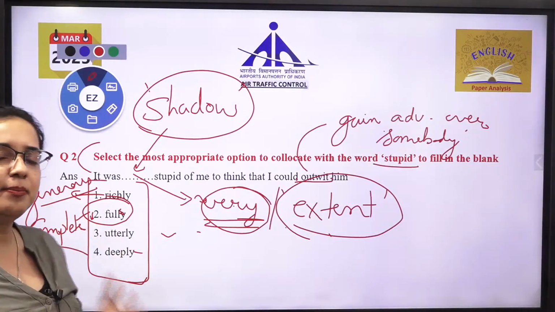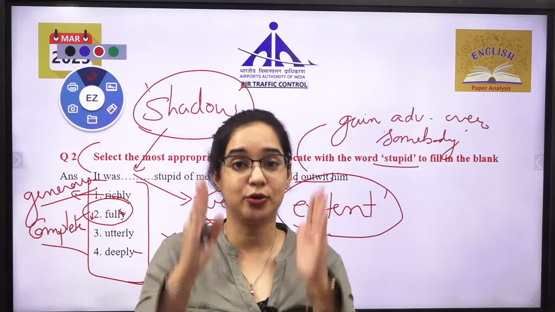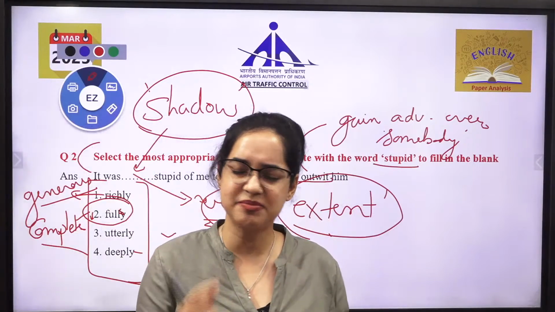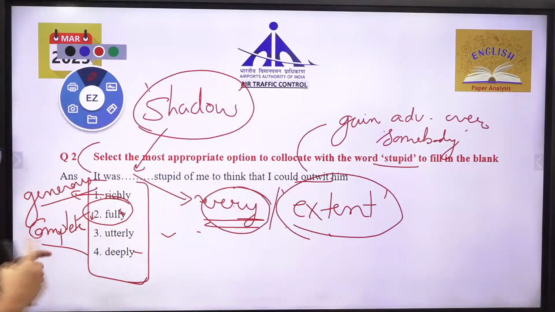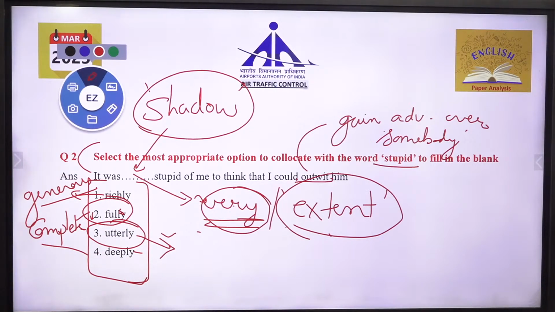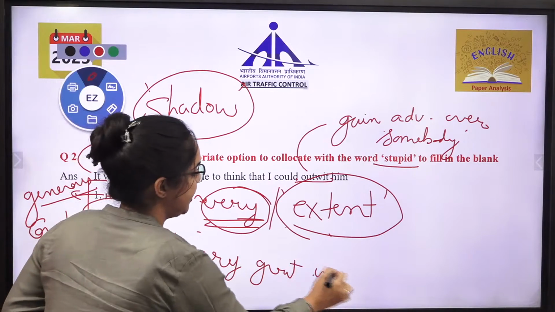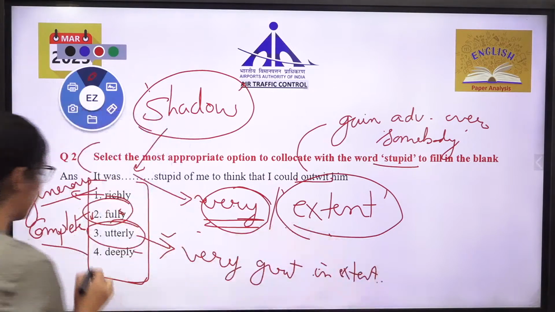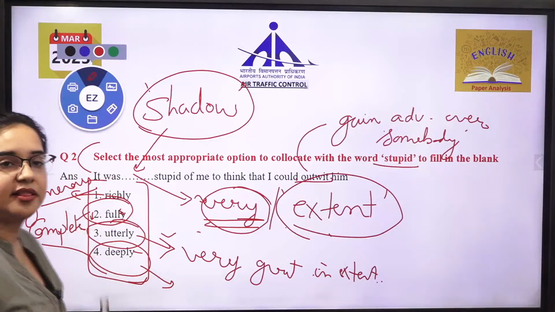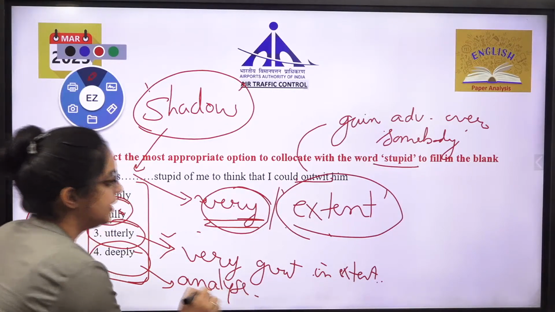Sometimes you say, I had gone completely mad, or I had become very much so. So understand it in this context. It becomes very easy for you. Whenever you have to decode an answer, change it conversely. Utterly is when some kind of extent is there, something that is very great in extent. That is utterly. And deeply is when you go deep inside something, like you are trying to analyze that thing. Now try to solve it.